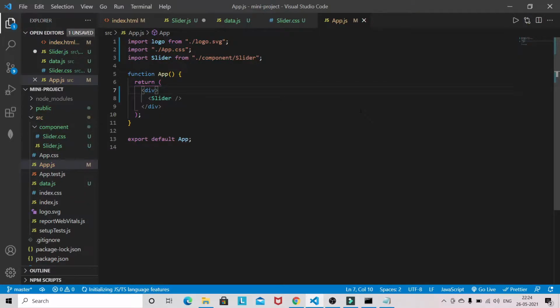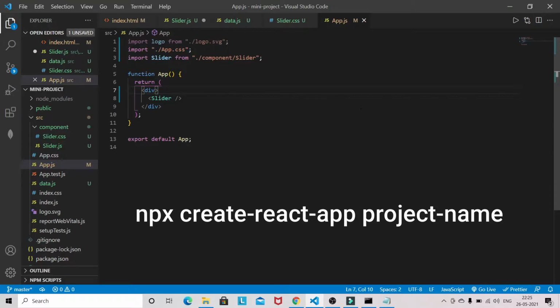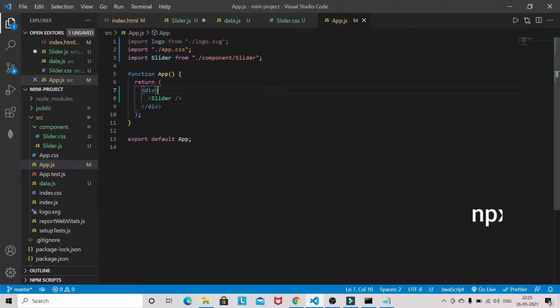This is a basic React project which I have created using the command npx create-react-app. I have removed all the content under the App function, and I have just brought in the slider component.